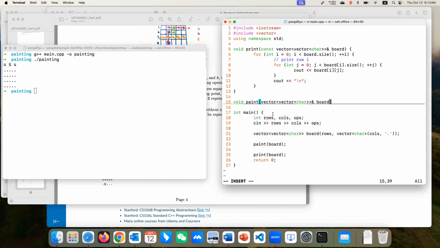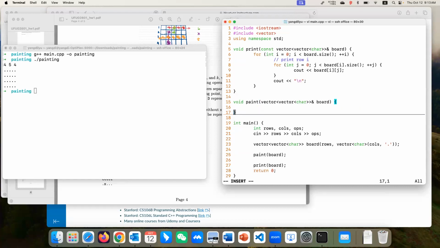So as you can see, the parameters are slightly different from the previous one, right? In the print, we don't need to modify the board, but in our paint, we need to modify it. So we will get a reference here so that we can modify it. We don't want the constant, right? So after that, we can say, all right, if I need to implement this kind of function, what would be the input? The input would be